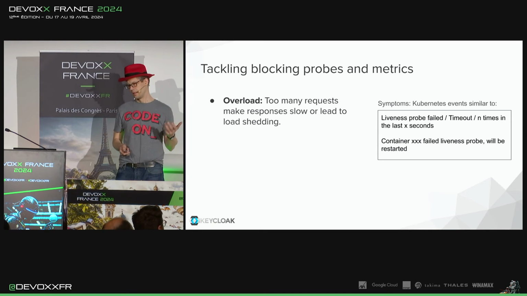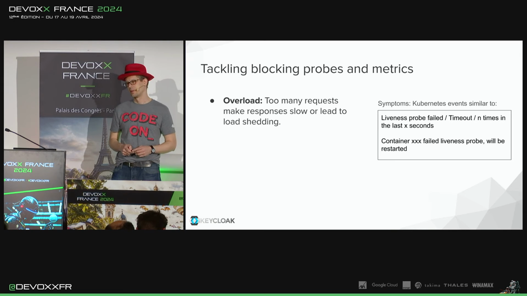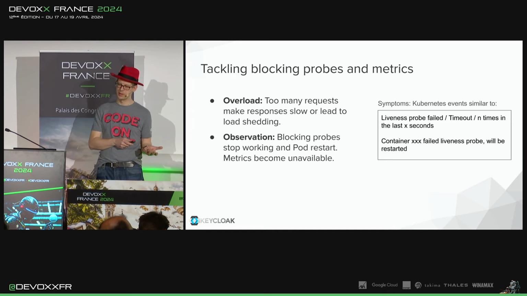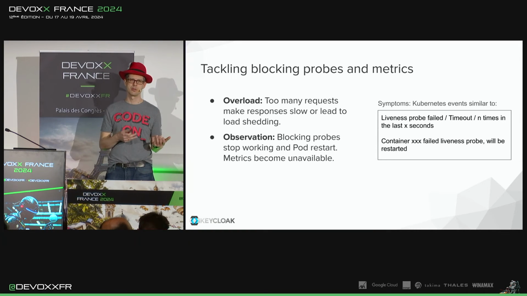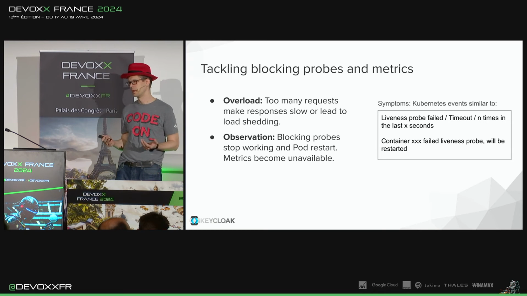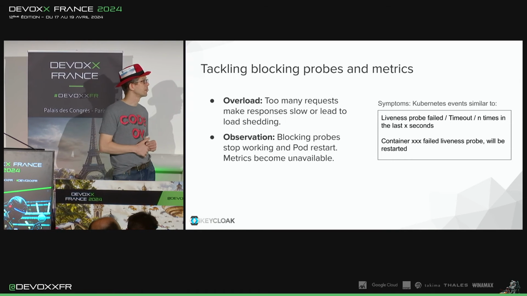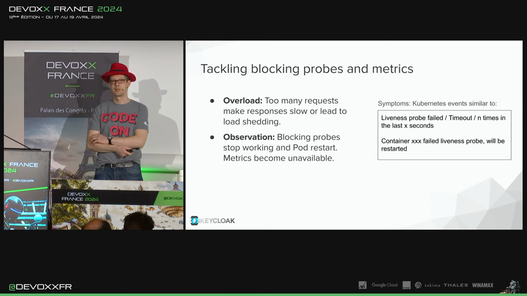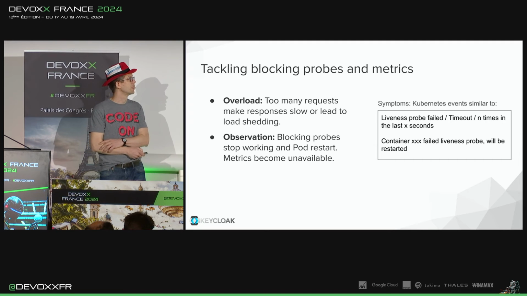So we want to shed the load, but probably not our liveness probe, because that will keep the pod alive. But in our first versions, those probes were blocking. They were maybe waiting for a database or maybe waiting for other requests in the queue. And the pods would then restart. Also, the metrics were blocking, which was bad. So yeah, we talked to the nice people at the Quarkus team and asked, well, we want to have non-blocking probes as part of Quarkus. And that's what we got.